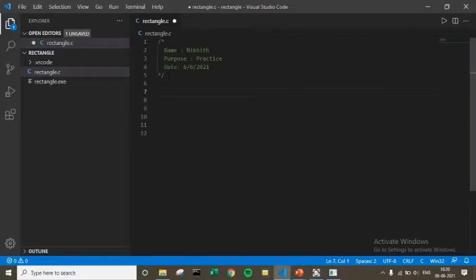But single-line comments start with two forward slashes, and they are only limited to a single line. For example, let's write hi, hello, anything, and only what you type here will be in the comment. If you go to the next line, what you type there will not be recorded as a comment, it will be recorded as something else. So the actual code will start from the next line. So it is only limited to one line.